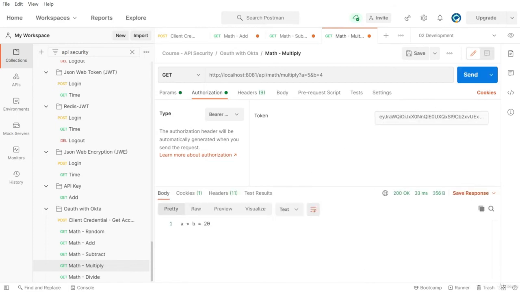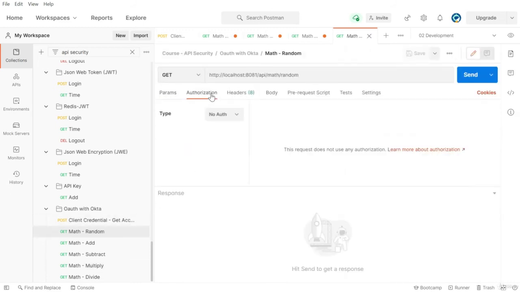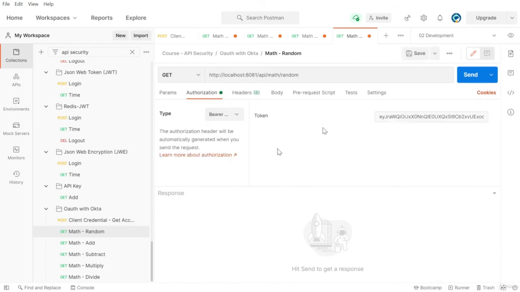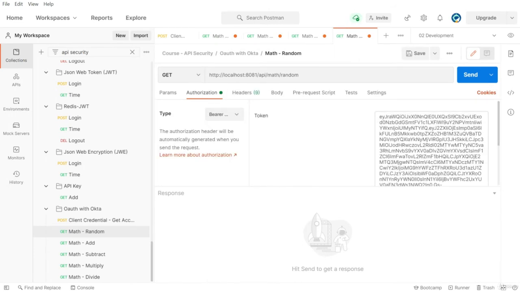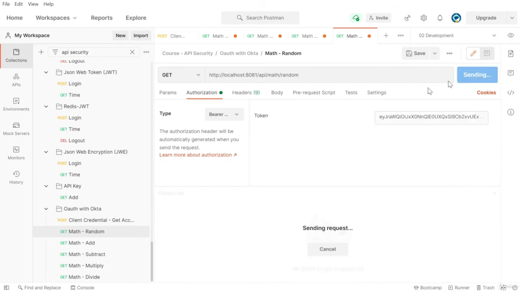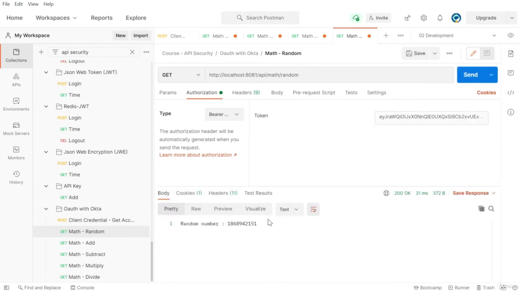Wait, what? I thought we only asked for scopes for add and subtract, but we can use this access token for multiply also, and even for the random generator endpoint. Weird. What happened?